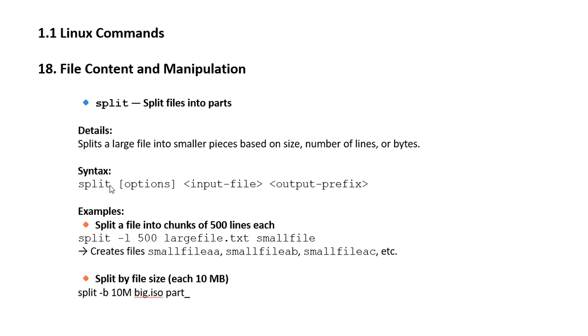The syntax is split, options, input file and output prefix. An example is splitting a file into chunks of 500 lines each: split -l 500 largefile.txt smallfiles,